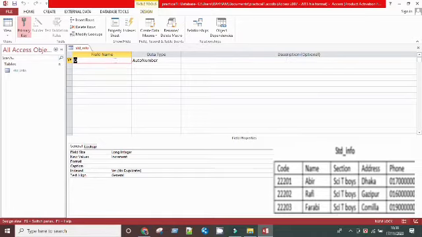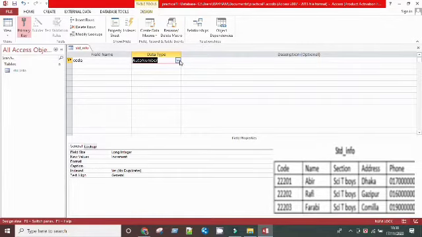So let's get started. For example, I want to create a table called the student information table. What can it contain? It can contain student ID, student name, student phone number, student address, whatever you want to have in your table.